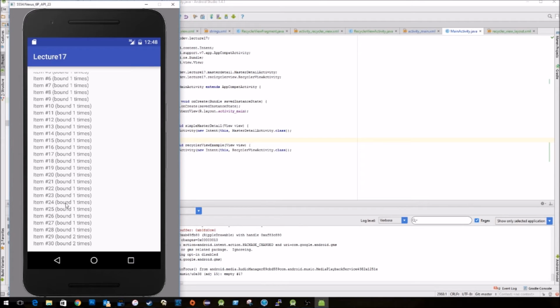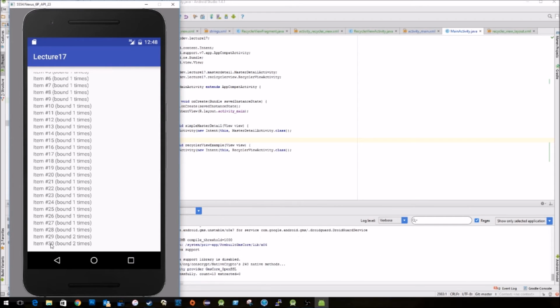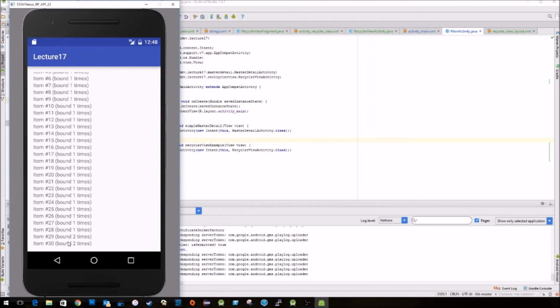Remember, the last item we saw on the list was item number 24, and then we see 25, 26, 27, 28. So we know the RecyclerView had created only four more views than it needed to display on the screen. And then as we started to scroll, oh, look at this, item number 29 and 30. We know that these are views that were used probably to display item number 1 and 2 in the list